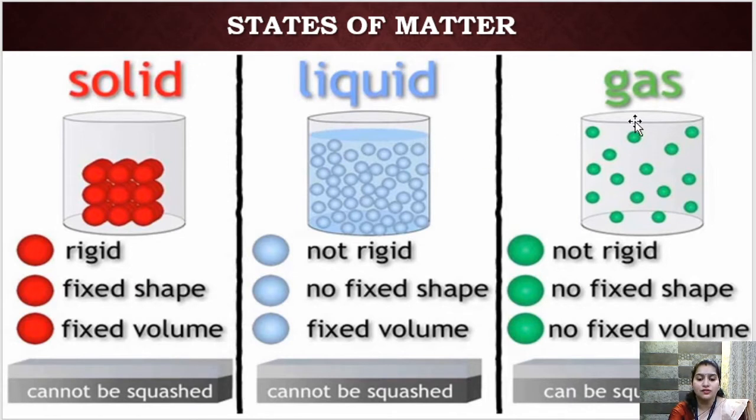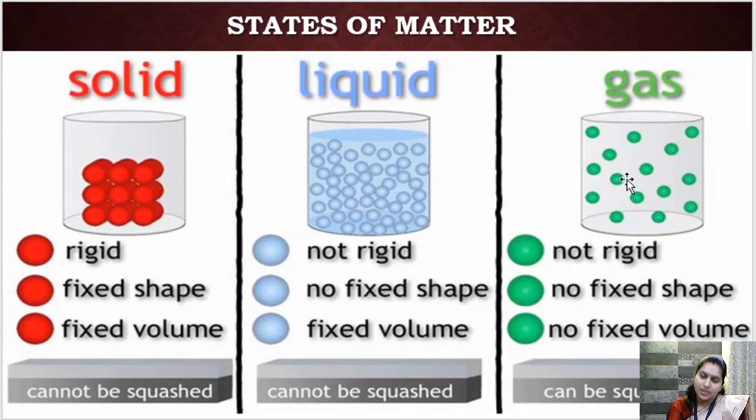And because of this, they have different arrangements of molecules. You can see, children, these are the different molecules. Because solid has a fixed shape, the molecules present in it are compactly arranged. There is no spacing between them, they are compactly arranged. Liquid molecules are somewhat loosely arranged, whereas gas molecules are free flowing. So these are the three states of matter and their molecular arrangement.